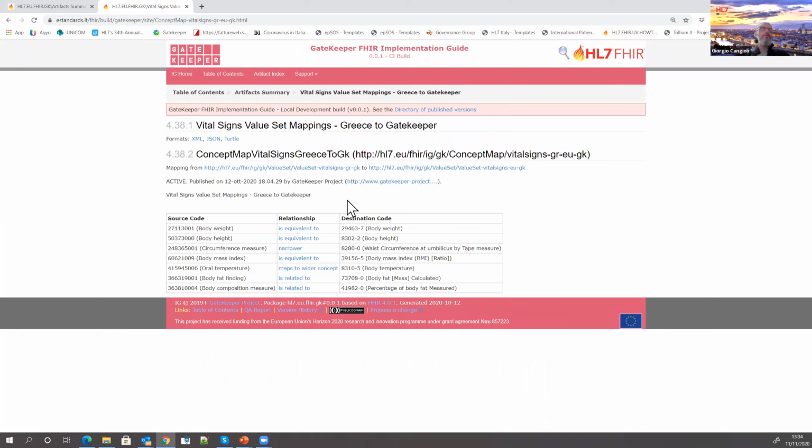And this resource can be imported in a terminology server that is able to read this file, this concept map resource. So